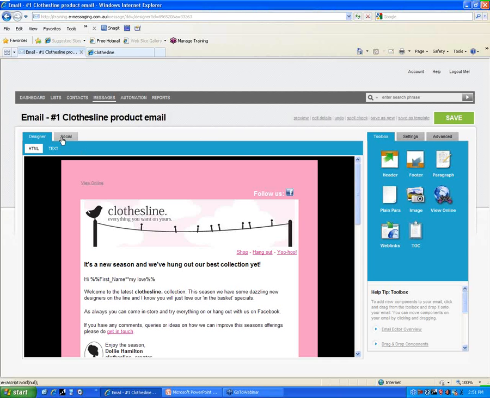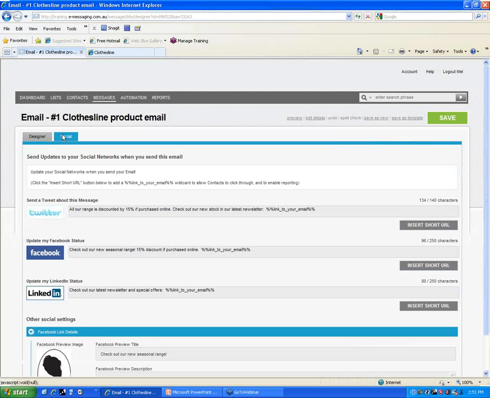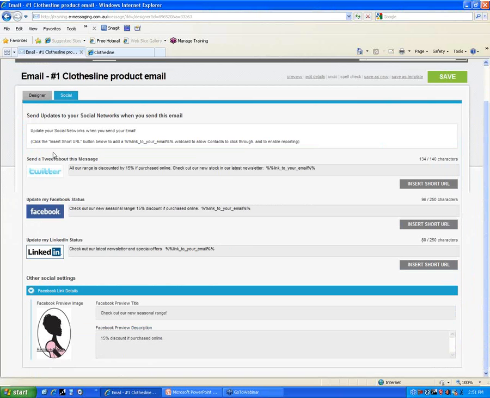So what you'll see now in your editor is a social tab at the top. And in here, at the first part, it's going to give you where you can put in your update that you might want. So let's just say, for example, I didn't have one for LinkedIn yet. So it would come up blank, and then what you do is you type in the message that you want posted on your LinkedIn